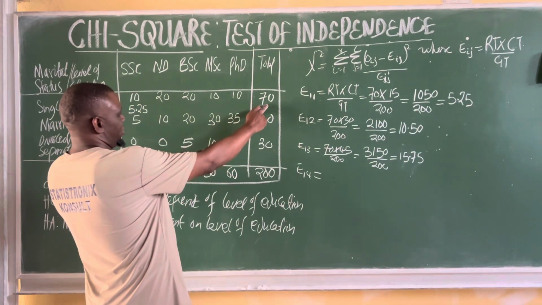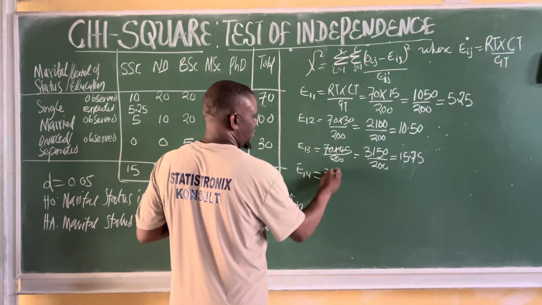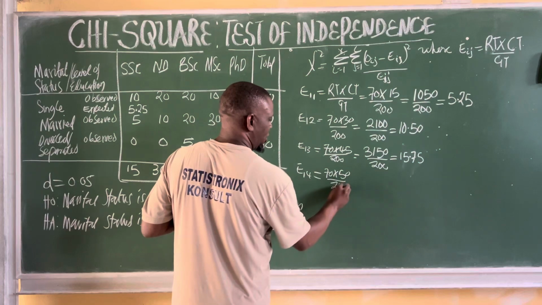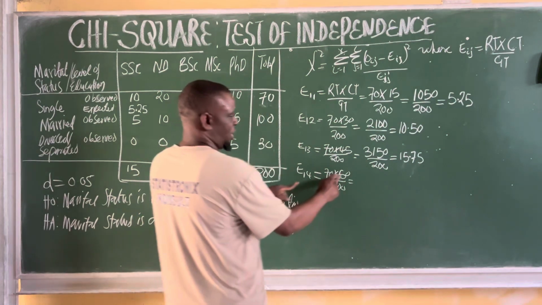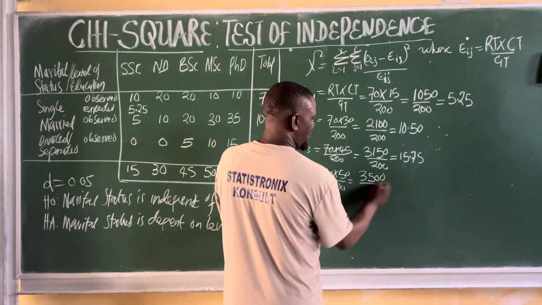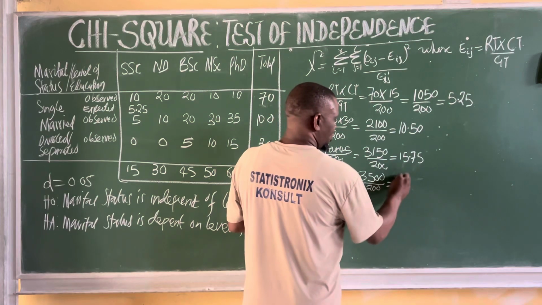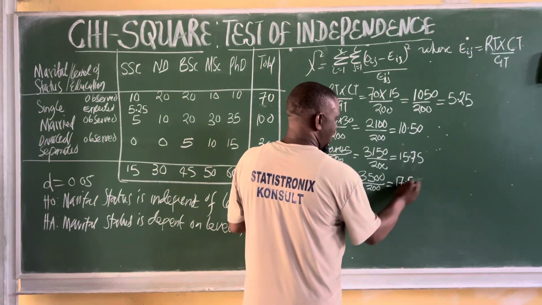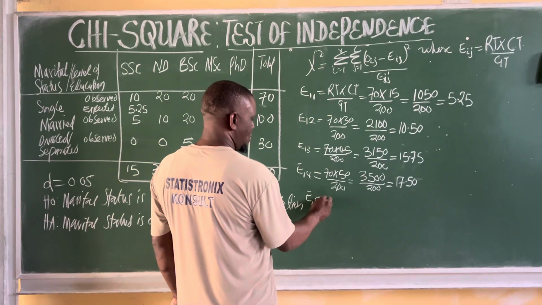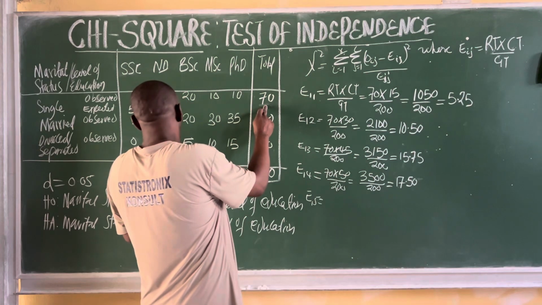The row total is 70, and then the column total is 50. So we have 70 times 50 all over 200. And that will be equal to 70 times 50, which is 3500, divided by 200. And that will be equal to 17.50. So the next is E15, where the total on the row is 70 and the